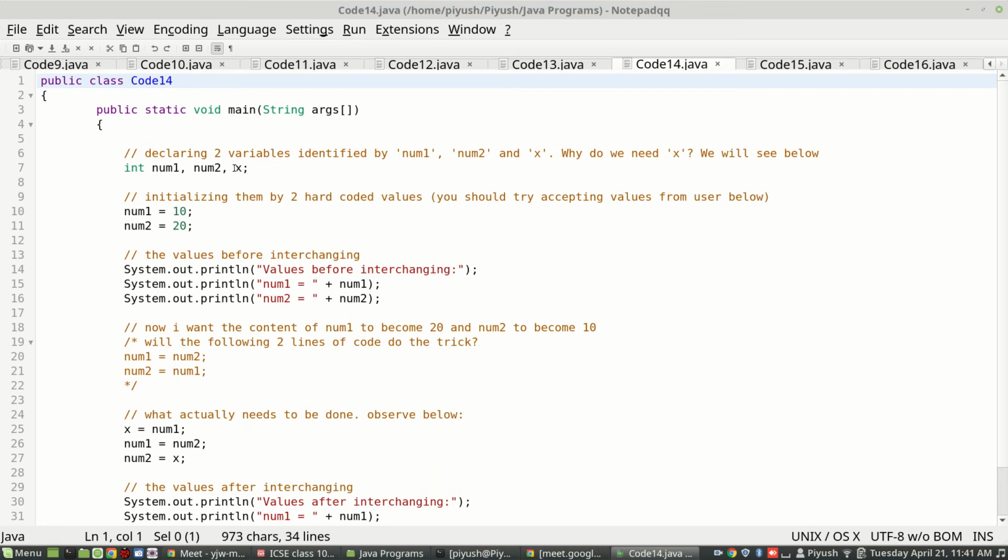So, the third variable, why are we creating it? Okay, why do we need a third? As we see below, it is used for interchanging.